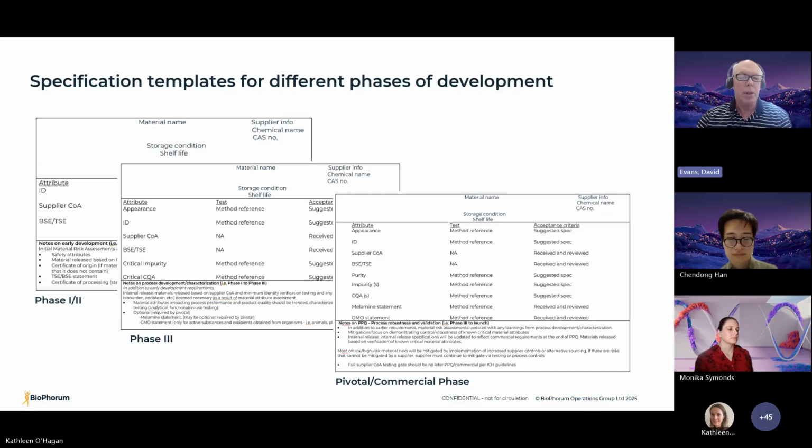And you need, of course, identification. You need their C of A, but also you'd want a BSE/TSE statement, because that's not as much about the raw materials, it's about protecting your processes, your equipment, and your site. So you make sure it doesn't get contaminated. So you want that early on up front, because without that,